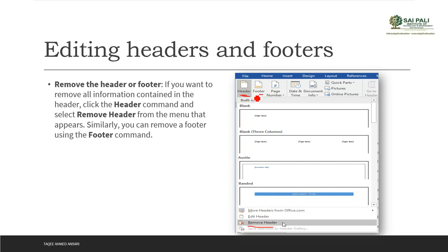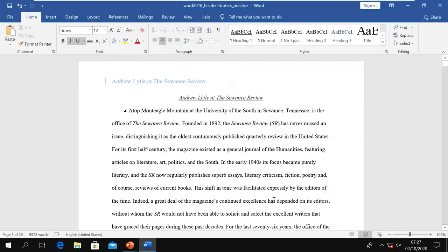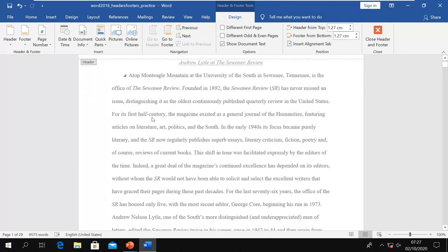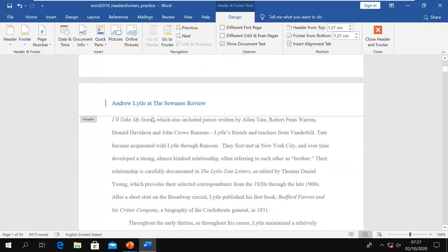Or if you want to remove the footer, then click there and same option, you have presets, and you can have an option to remove also. So once you select it, it will remove it. So if I don't want to have this, let's say I double click to enable the section, I go here in the Design tab, I see this option Different First Page. So it is appearing on my first page and it is also appearing on all the pages.